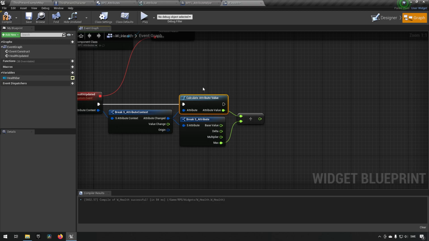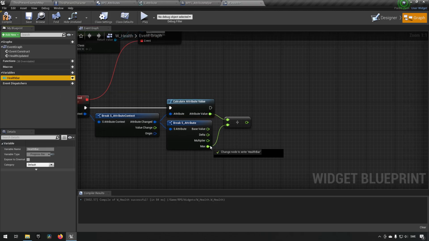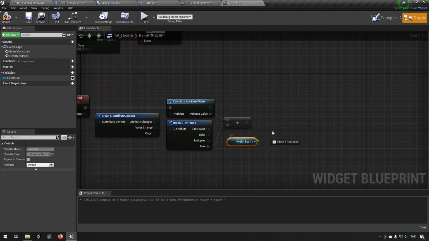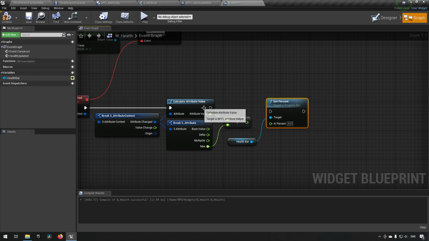it would be a little bit weird in case you have, let's say, 130% life. You get injured and your life bar isn't moving. It would feel a little bit jarring for the player. Anyway, so now we have calculated the percentage here, so we can just go drag our health bar, and we can say set percent, which will set the percent value on our progress bar, which will be this value that